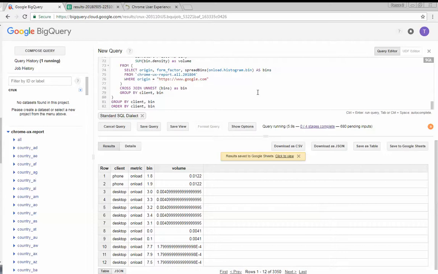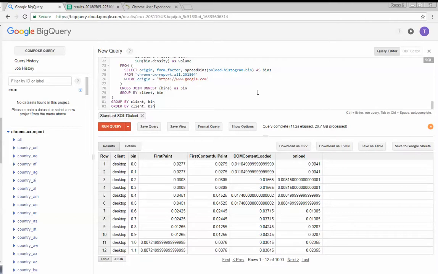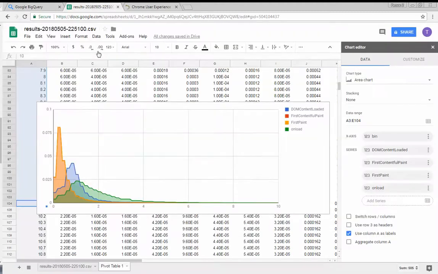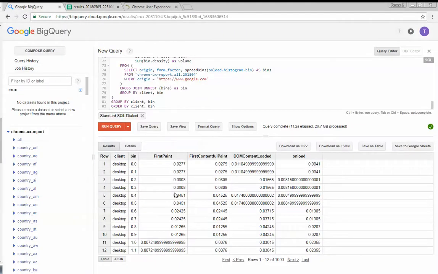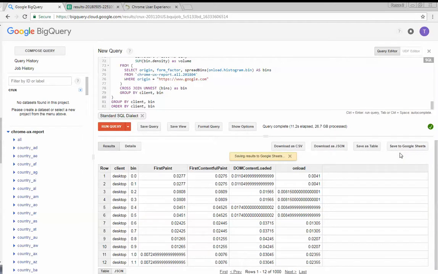So this is doing the same thing that we did before, but the results should be a little bit easier to process because it won't involve working with a pivot table. So you can see over here that now we've got desktop, bin, and all the metrics are laid out here. And if we look at the pivot table that we had created before, it's consistent here, like 0.277, 0.0808, and those numbers are here. So the numbers add up, and now we can go ahead and save this to a Google Sheet